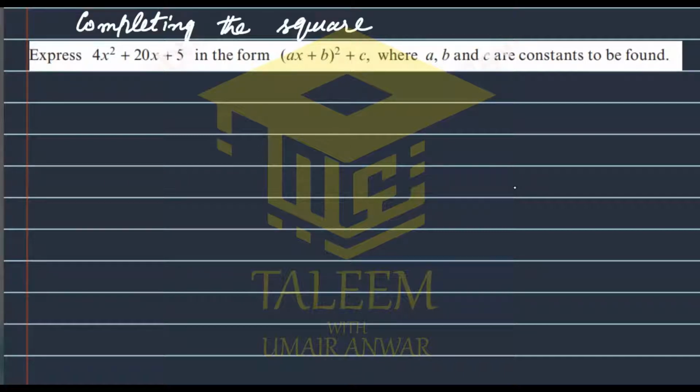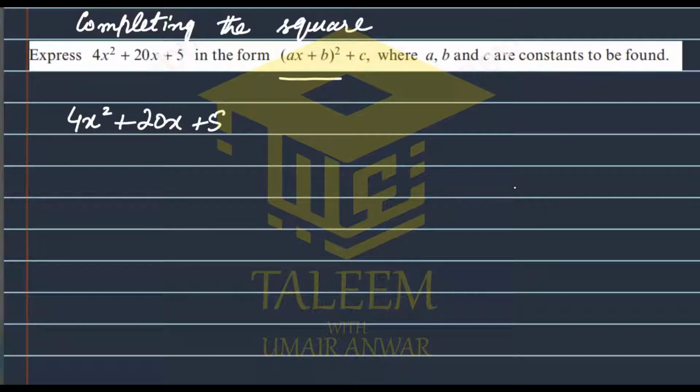So it says: express 4x squared plus 20x plus 5 in the form of ax plus b whole square plus some constant. The question says where a, b and c are constants to be found. So if we start with the given expression, which is 4x squared plus 20x plus 5,